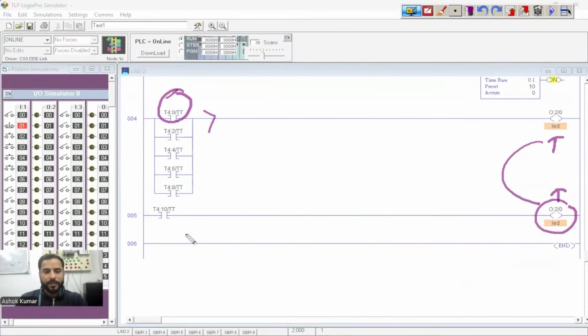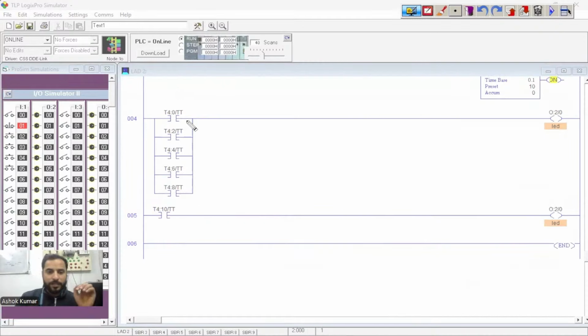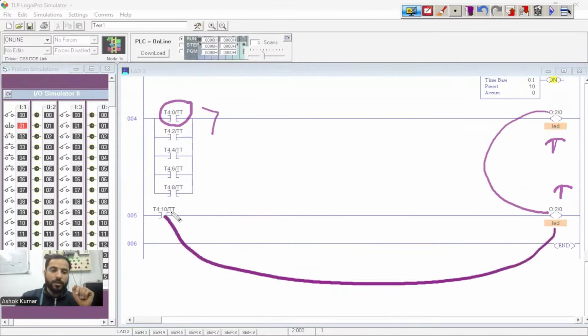I repeat what I said. When we run this program, let's say at the very first instance, this timer's TT is giving the current to make this output high. And if this output is high, this is also high because they both are the same address. But it should not glow or turn on because this is not passing the current. So it is failing the logic. Somehow our logic is failed here